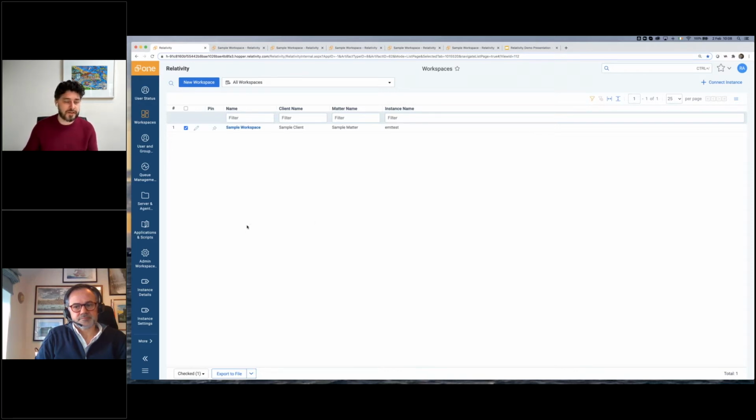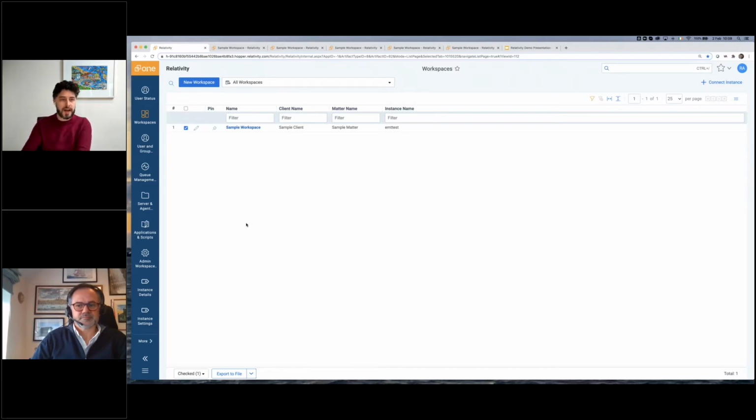So what happens here is, and in Rel One, this is really simple. If you want the Iconic app installed in your instance, you just ask your CSM, and they'll put it there, and Bob's your uncle. It's as easy as that. If you have Relativity on premise, we'll provide you with the RAP file, and you need to do a little bit more setup. But again, best case, you're talking 10 minutes. Worst case, you're talking an hour or two before the app is set up and you're ready to go.